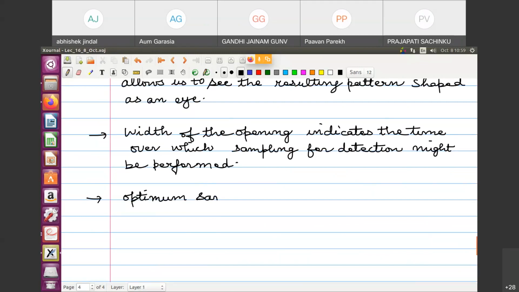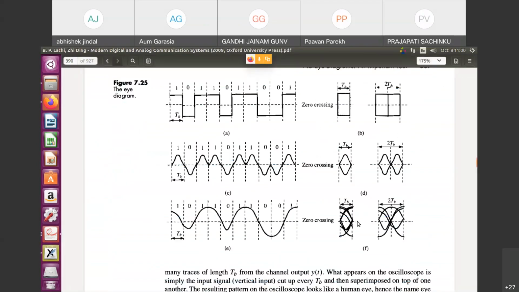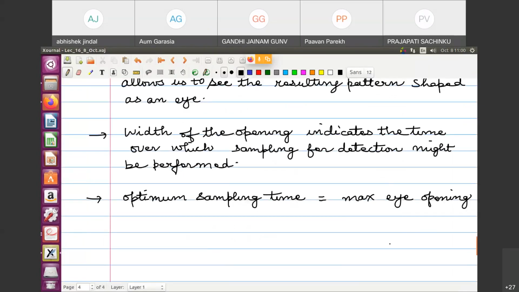Sampling time is equal to the point at which the eye opens the most. Max eye opening. Where the eye is most open, if you sample the signal there, it will have the least error. Let us say you can see that the eye is mostly open in between here, at this point, where the eye is maximum. So this is the sampling instance. So this eye diagram tells you at what point you can sample the signal which will lead to the least possible ISI. Okay. So max eye opening is equal to greatest protection